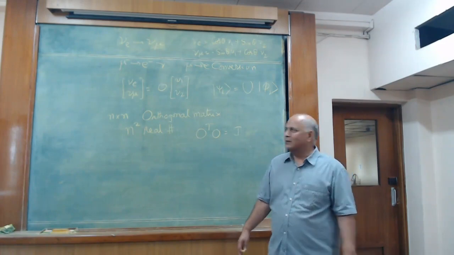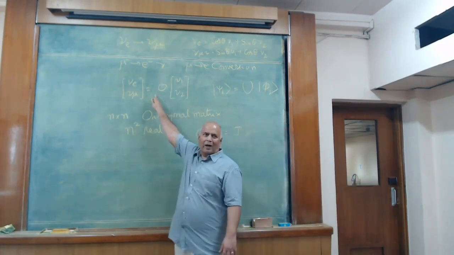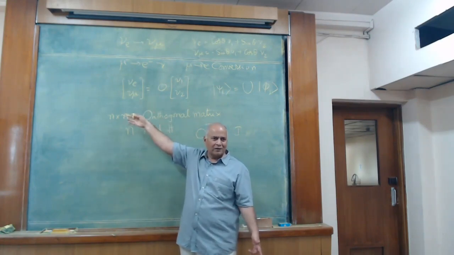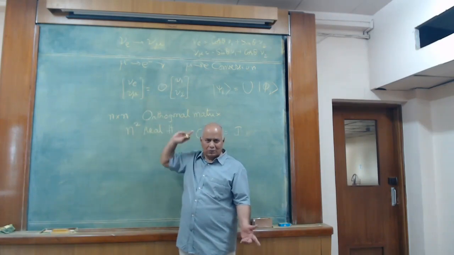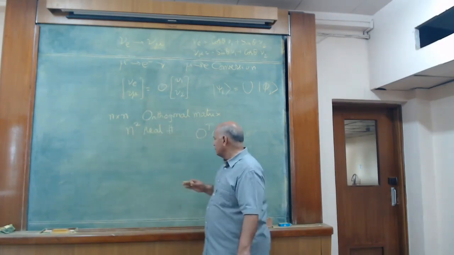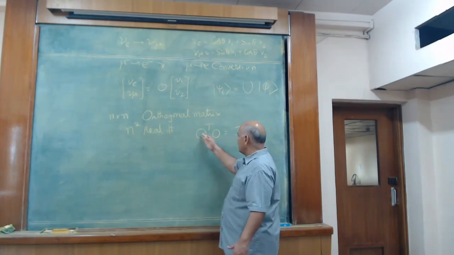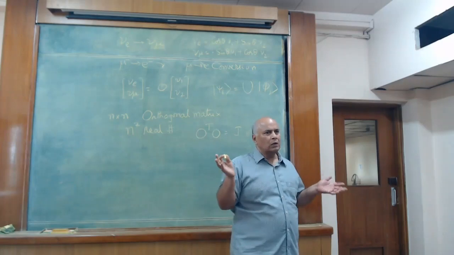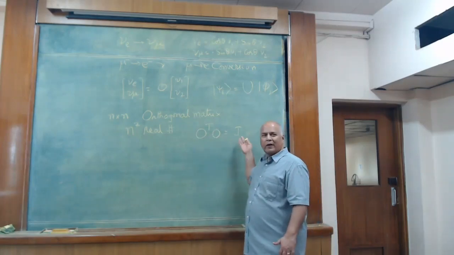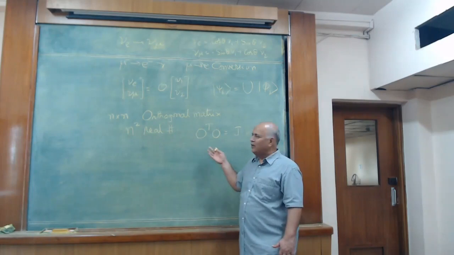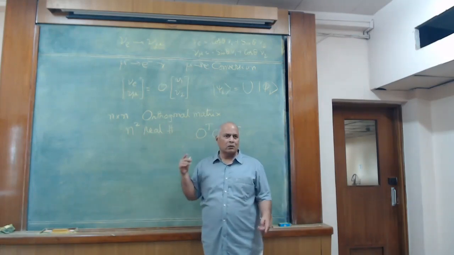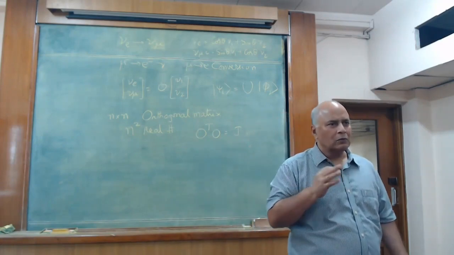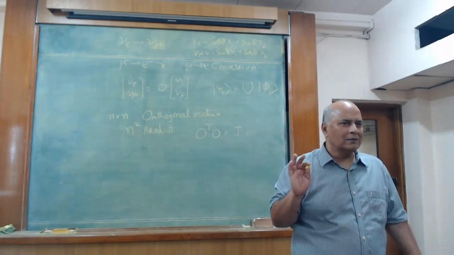No. Remember, I wrote O. O is not unique because theta is not specified. So there is no unique solution. But naively speaking, there are n square equations and n square numbers, and actually these are n square linear equations between n square real numbers. So naively it seems as if there should be a unique solution. So obviously there is a catch. What is the catch?